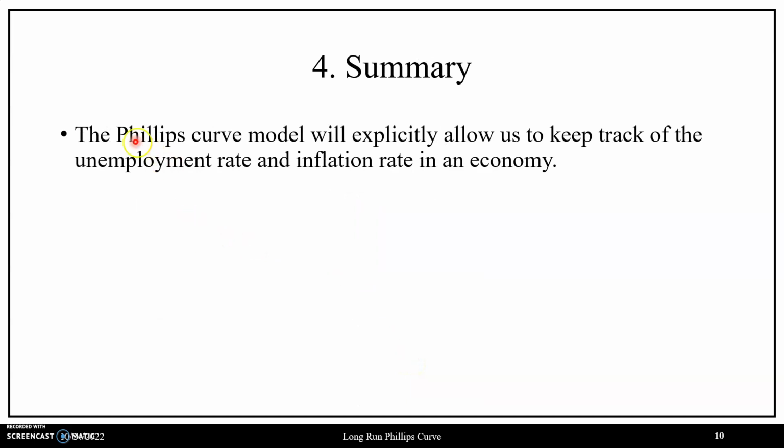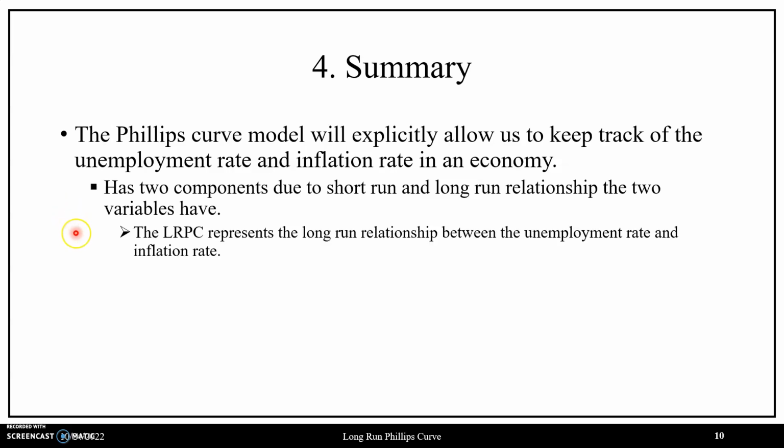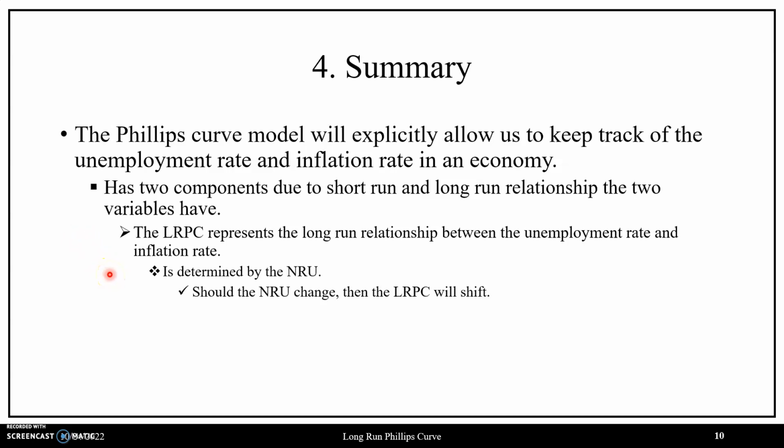So then, to summarize what we've seen is that the Phillips curve model will allow us to explicitly keep track of the unemployment rate and inflation rate in an economy, in which there will be two components to consider, given that the two variables are independent in the long run and negatively related in the short run, where thus far we've considered the long run component in terms of the long run Phillips curve, which represents the long run relationship between the unemployment rate and inflation rate, in which we saw it was determined by the natural rate of unemployment,